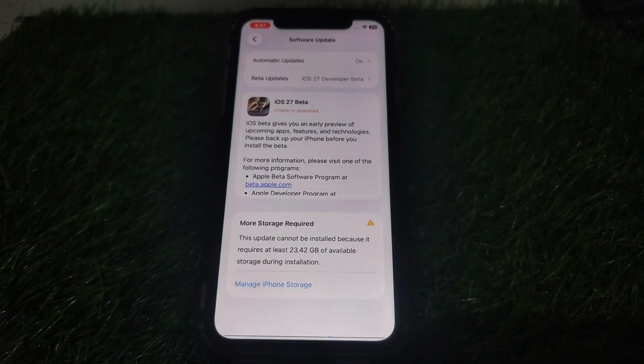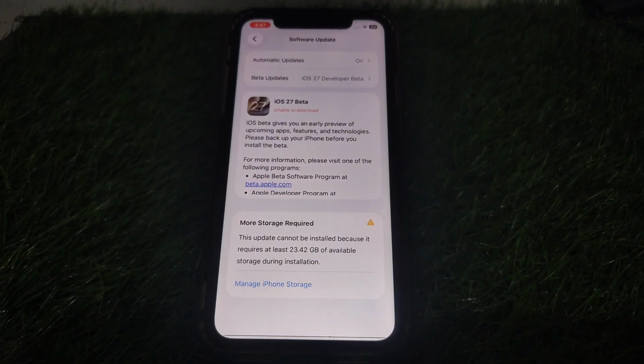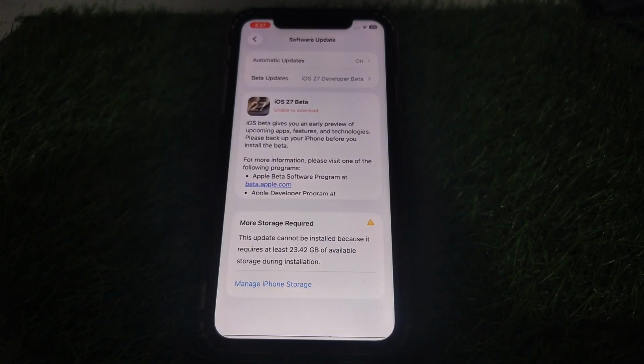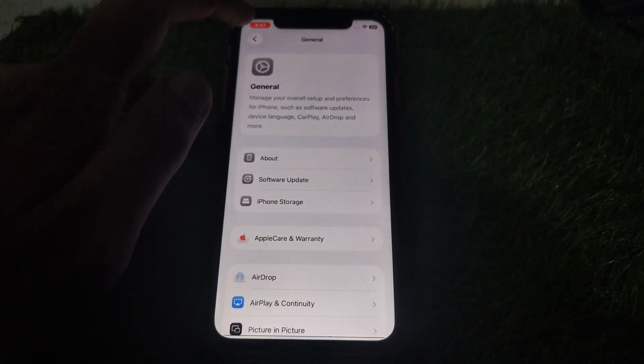After that, click on Download, and it will be downloaded on your iPhone. Once downloaded, you can simply click on Install, and it will be installed on your iPhone. So in this way, you can get the iOS 27 beta on your iPhone